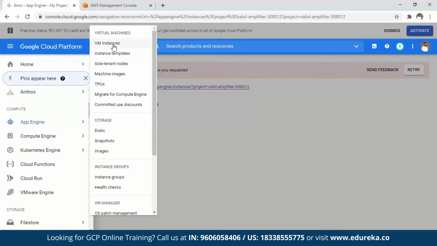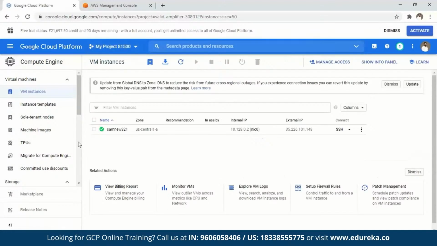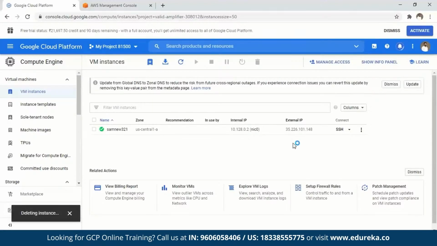So you can go for virtual machines, VM instances, right? Let's click on VM instances. There's an instance that I created a while back. This was just for the usage purpose I wanted to show you, but let's not do that. Let's just stop this first. Now it might take a couple of minutes for this to stop, but I can instead just say delete. So let me delete it. Are you sure you want to delete it? Yes, I'm very sure I want to delete it. So it should delete this instance, and once it is deleted, I'll have this interface for my usage.